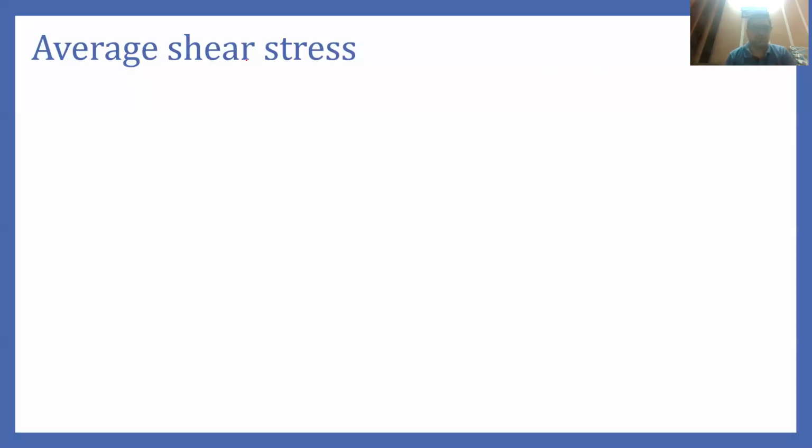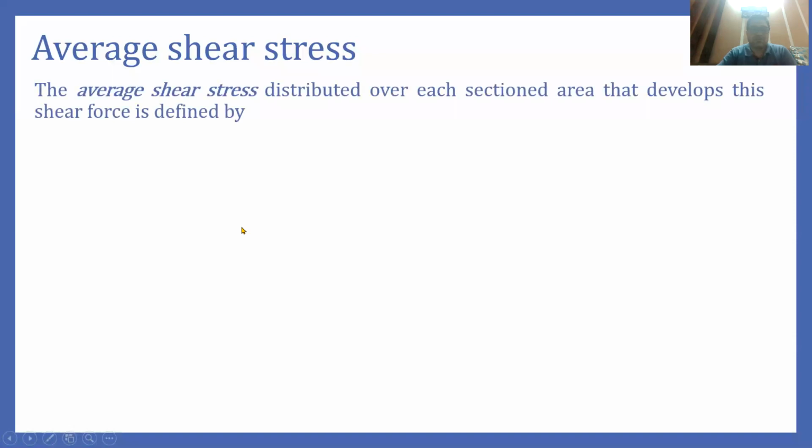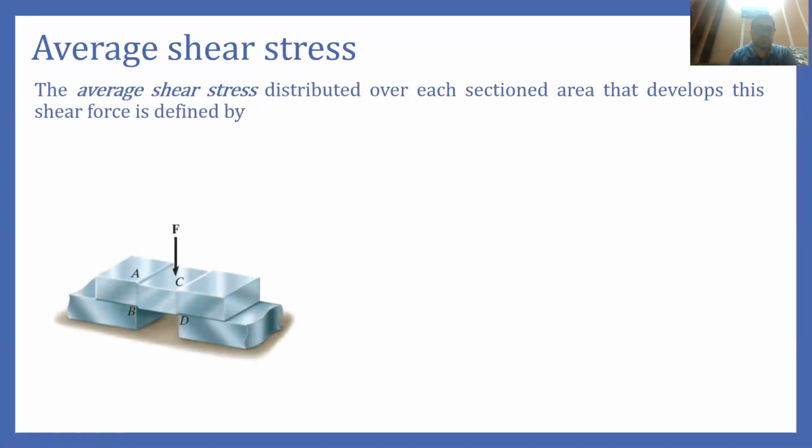Hello, welcome back. So in the previous part, we have discussed the concept of stress, and there we have seen there are basically two main components of the resultant force, that is the normal force and the shear force. And normal force will generate the normal stress, and shear force will generate the shear stress. So here we are going to discuss some more information about the shear stress. So first, we will try to understand shear stress more.